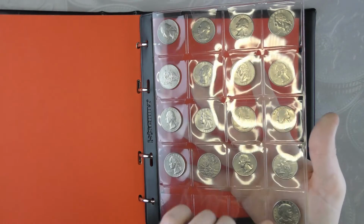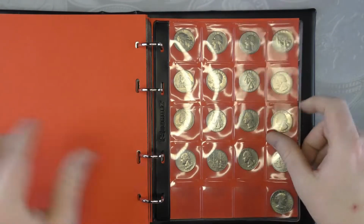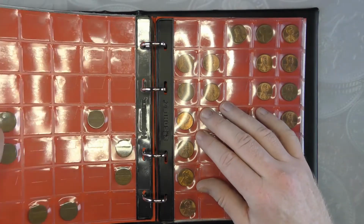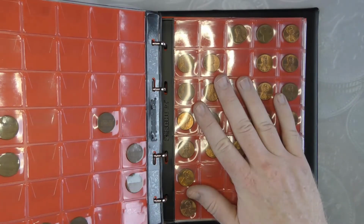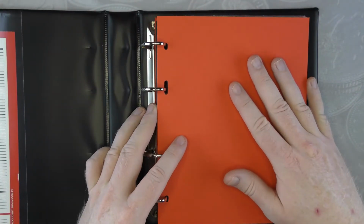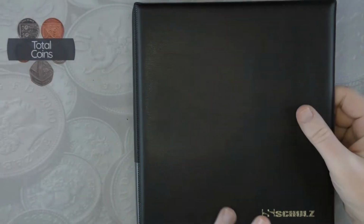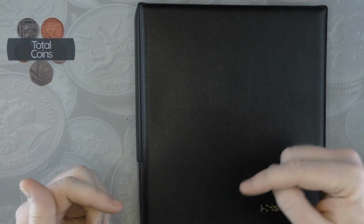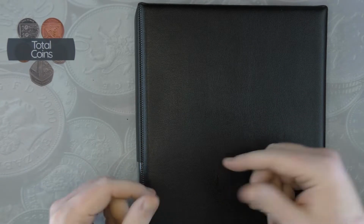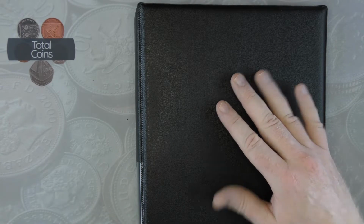So, 1979. I have actually got my other album of coins that I've brought back myself when I've gone to different places. Obviously I've got all of them from before I started the channel, so if you're interested in doing a rummage through that and adding those coins into the main collection and into the albums that we've got set up,